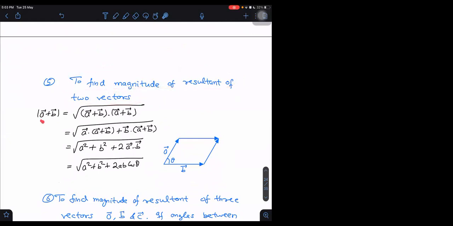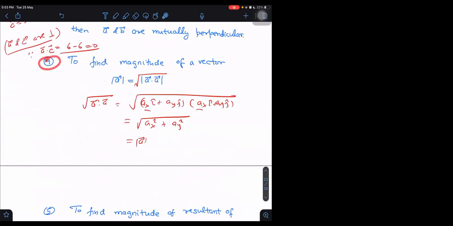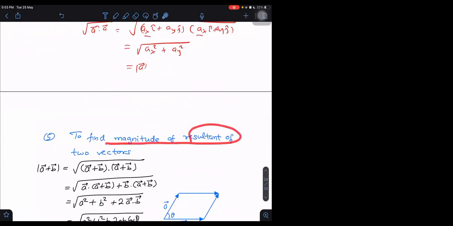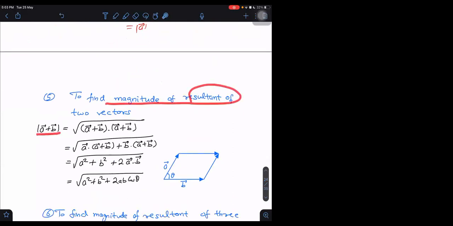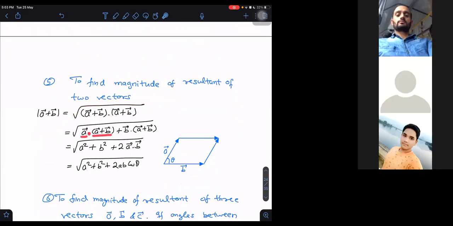Do you remember how we derived the formula of the resultant last time? It was a complicated method. Now you observe how easy it is. I have used point number 4 here. Point number 4 says that we can find out the magnitude of a vector. Let us apply it to find the magnitude of the resultant of the vectors. So mod of A plus B will be equal to root of A plus B dot product with A plus B. Okay. So what do we get then? We can take the dot product separately, A dot A plus B, plus B dot A plus B.